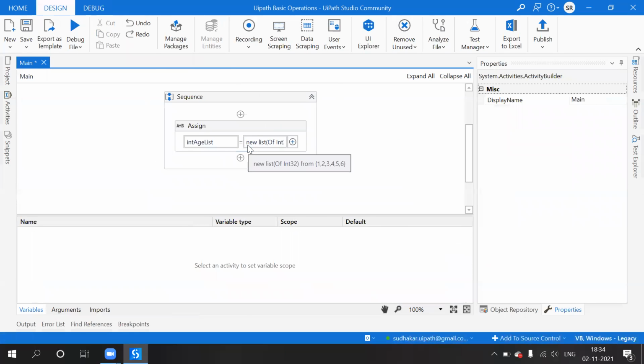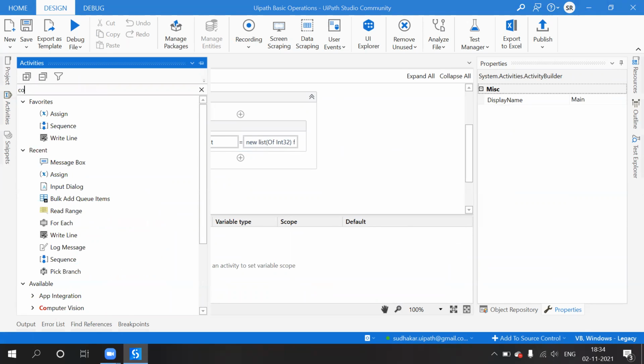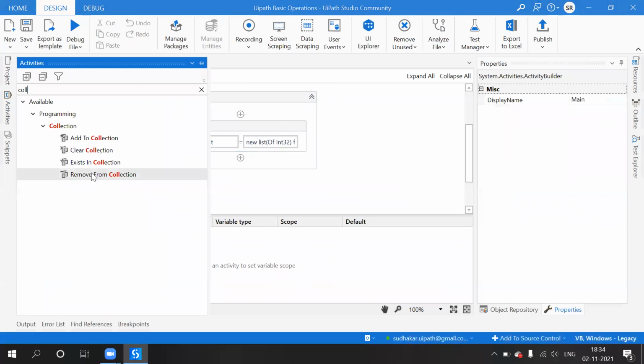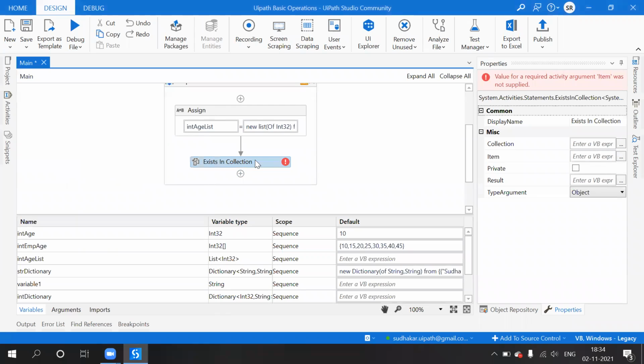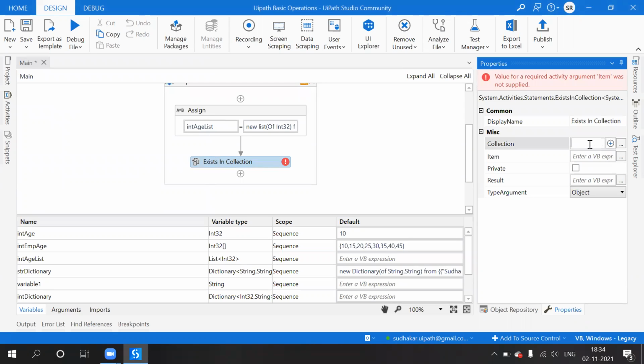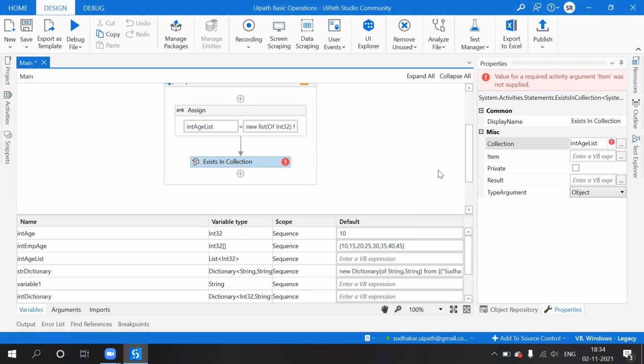For example, just under the activities panel, collection: clear collection or exists in collection. If I select this activity, what is the collection? The collection is the integer list, that is the input.